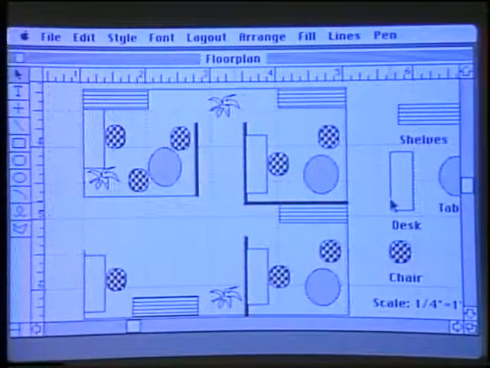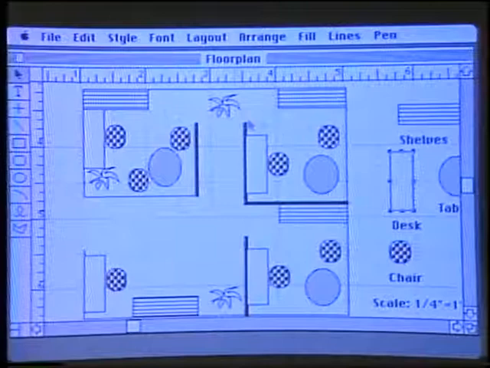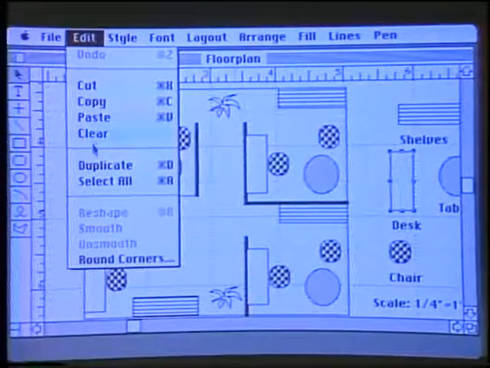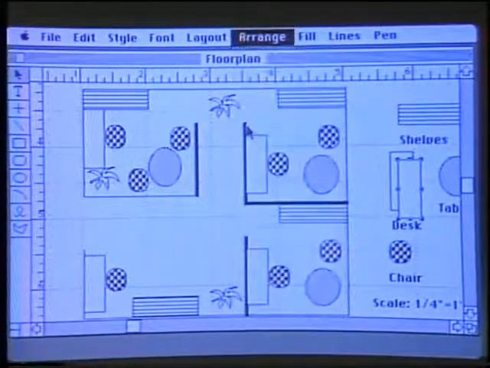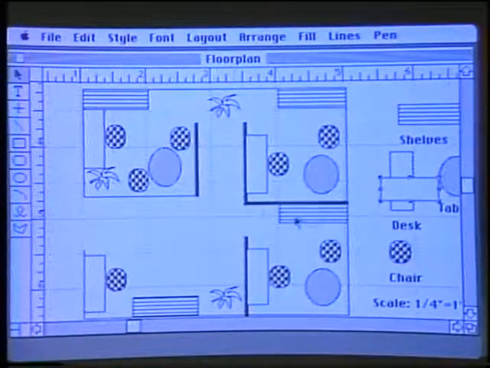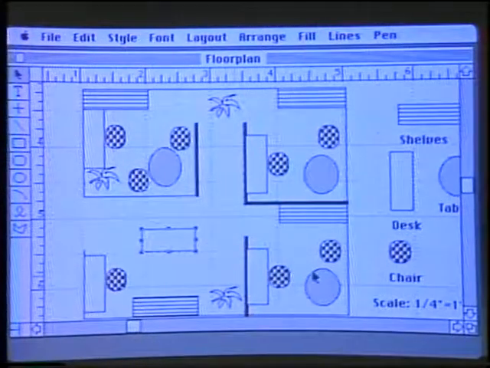The other thing I can do, as I said before, is that precision and accuracy allow me to do things like floor plans and draw-to-scale capabilities, and that's why I'm loading up a floor plan which was designed before, in order to show you some of these capabilities, how I can modify an already existing floor plan. We see we can scroll on and off here with a larger picture than one on the screen. Let's say I want to add another desk in this office. I go in, select my desk here, which I have designed before, duplicate it. I want it the other way around, so I go to my Arrange menu and rotate it. I grab the desk, pull it over here, get a chair for the person who is supposed to work there,